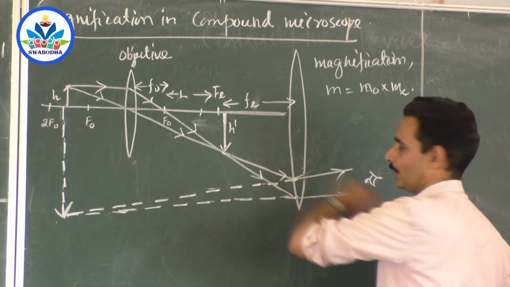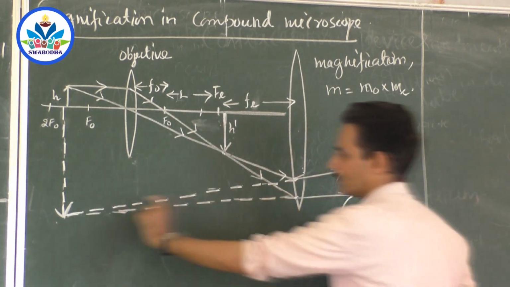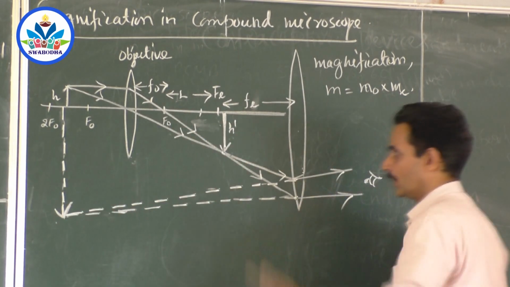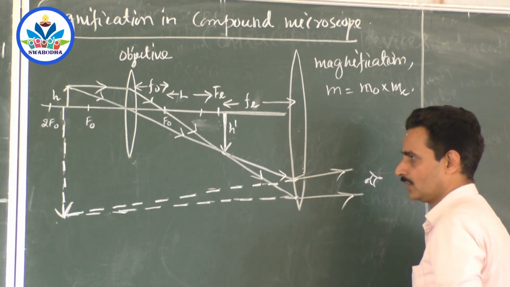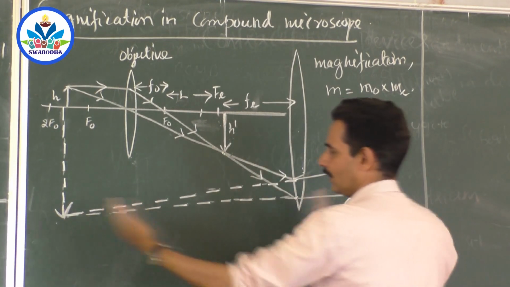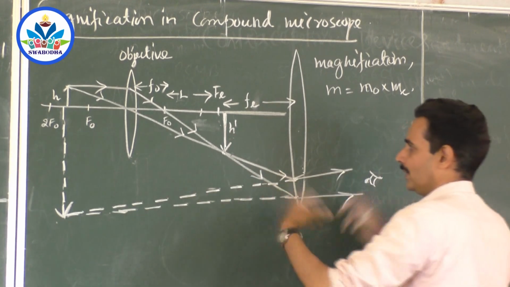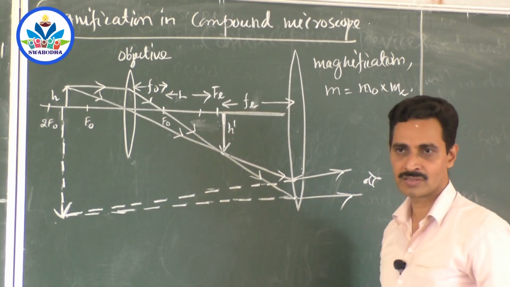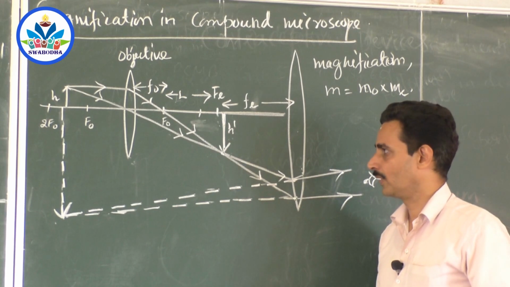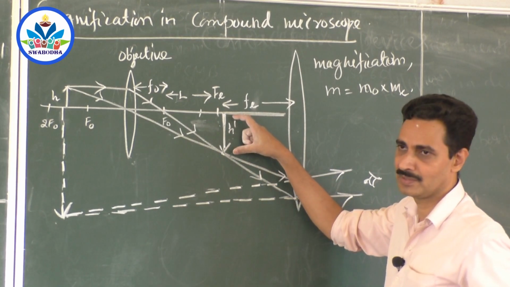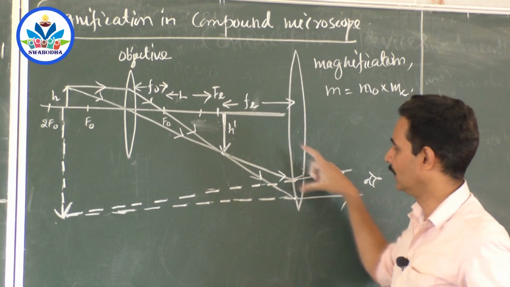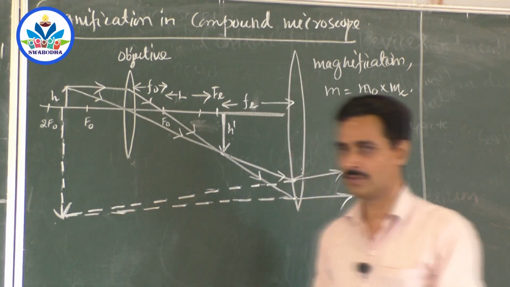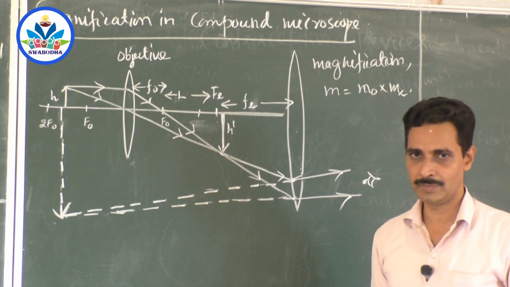Now that serves as an object for this lens, and it forms a virtual erect enlarged image here because the object is lying just within the focus. If it is not within the focus, you can adjust it. You have rack and pinion arrangement. Okay, now this is 3 centimeters. Say this is producing a magnification of 5 times. What do you mean by that? If the object is 3 centimeters in height, then you will get a 15 centimeter height magnified image.